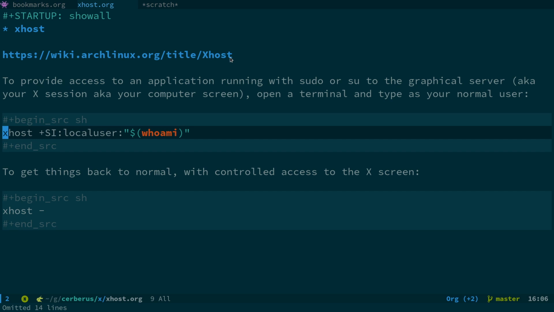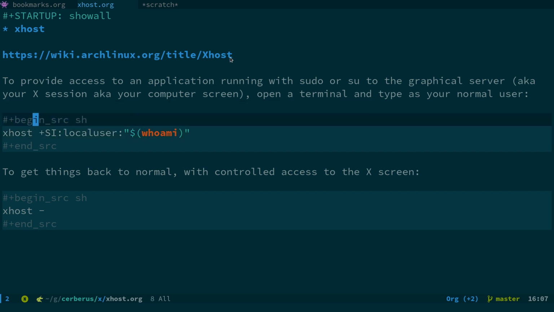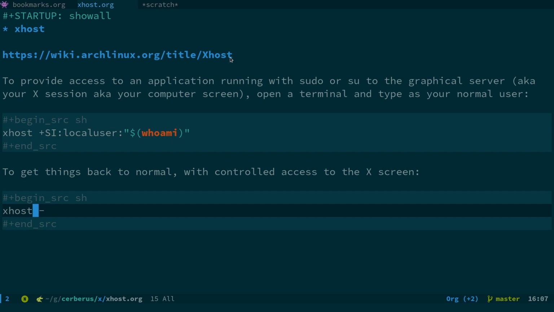Or you can just put your username after the colon, and you might want to use this option if you're doing it in a script, so that if you want to use it with multiple users and they've all got different usernames, that will get around that issue. And this basically removes the access control. But as you could see, even though I'd removed the access control, I could still actually use the graphical application